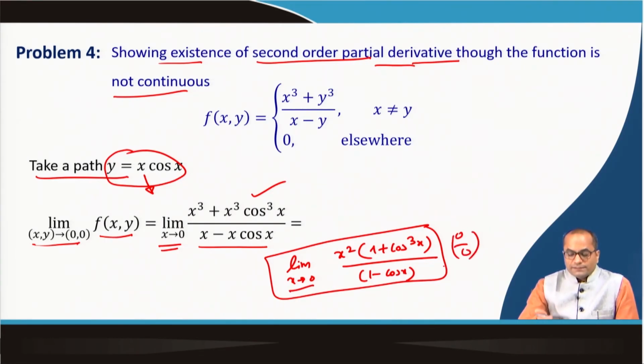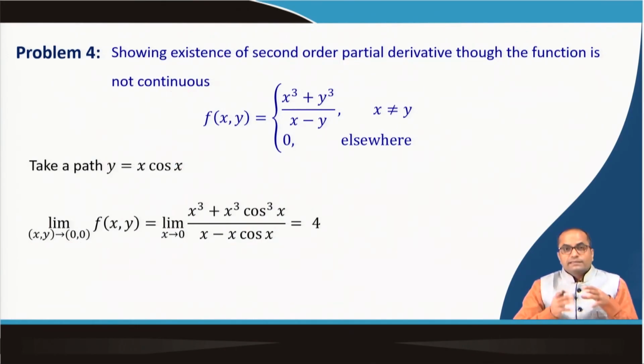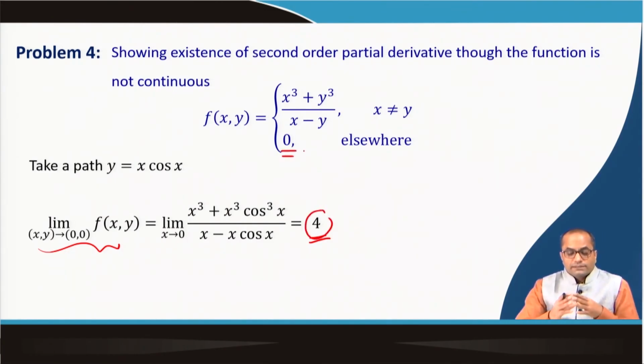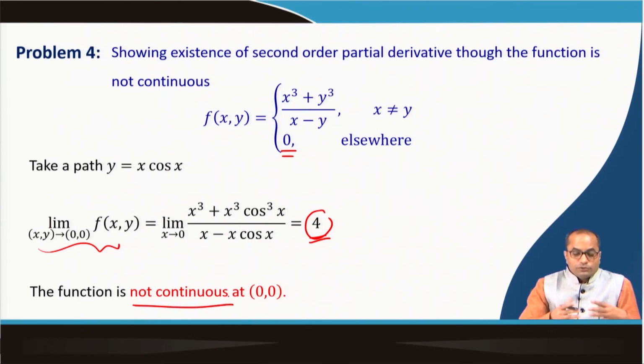So, we have to apply this L'Hopital rule at least 2 times, and then we can get this limit easily, and this limit comes out to be 4. So, when we take f(x, y), this limit as (x, y) goes to (0, 0), in that case we realize that the limit is 4, but the function is defined as 0. So, this function is not continuous obviously,